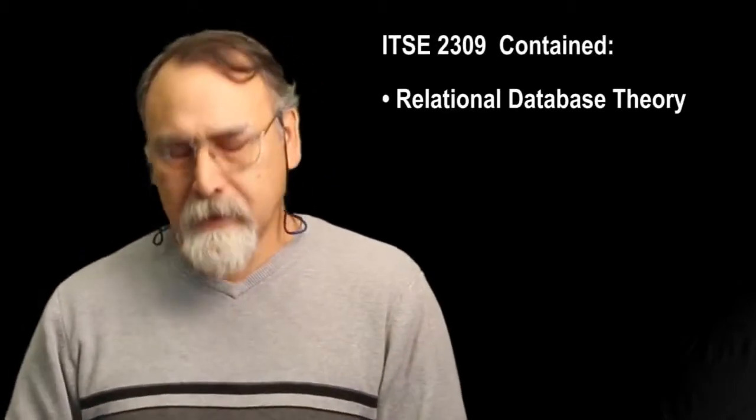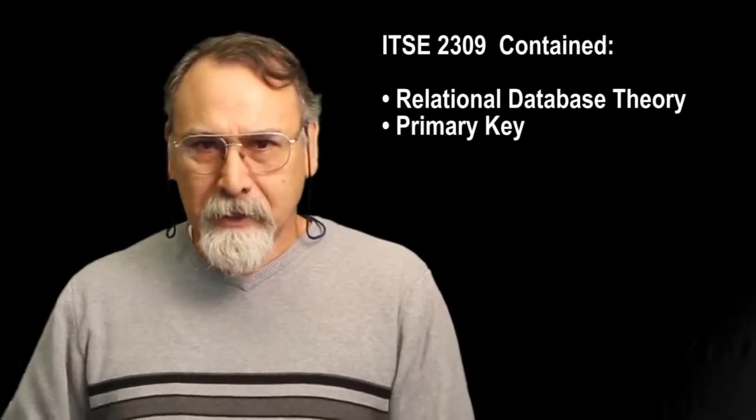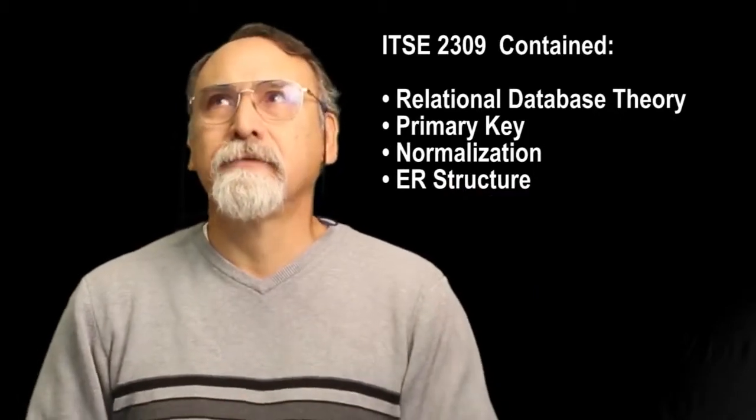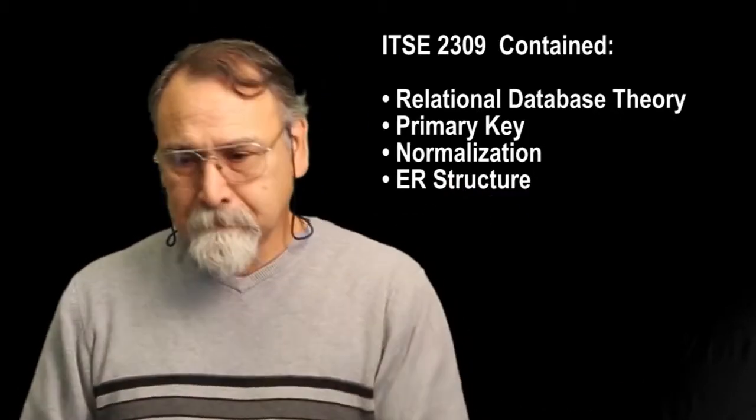In the first class, there was the idea of relational database theory, okay? They had the primary key, normalization, and ER structures, so there was an idea of how a database works. On top of that, there was the secondary issue because you have the lecture and the lab, and the lab was part of how you learn to use SQL. And SQL is one of the core elements that you have to have a really, really good handle on when you work with PL/SQL. So what we're going to look at is that you have a strong understanding of the